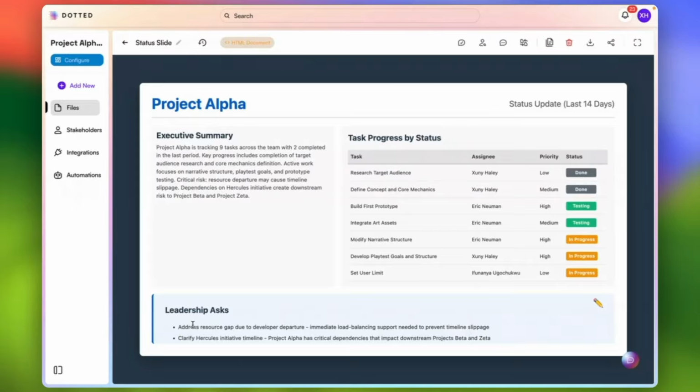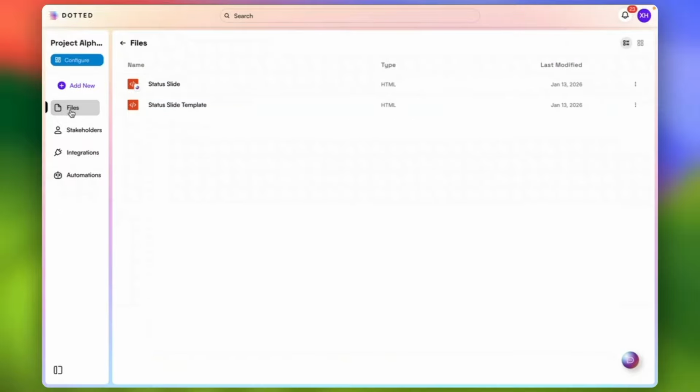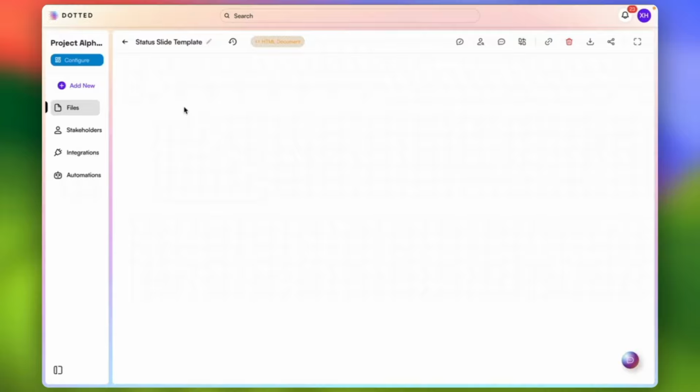And then leadership asks or next steps, things that I should have top of mind as I'm moving forward into the week. This is going to update every week based on Jira and based on the conversations in that specific channel. If I click on Files here, it'll take me to my project view where I can see the status